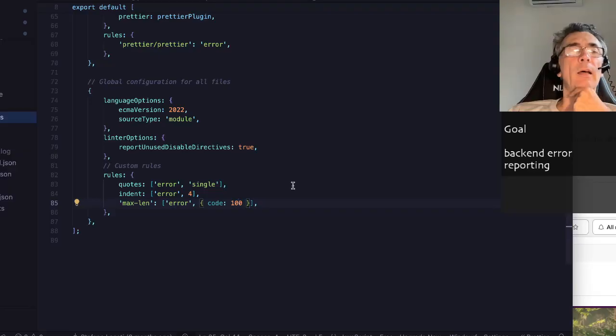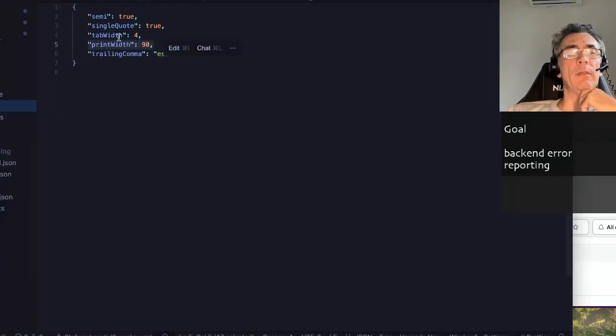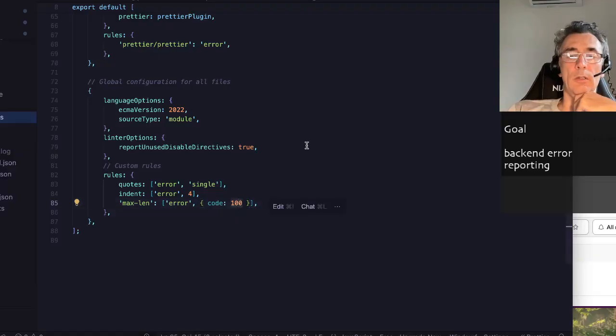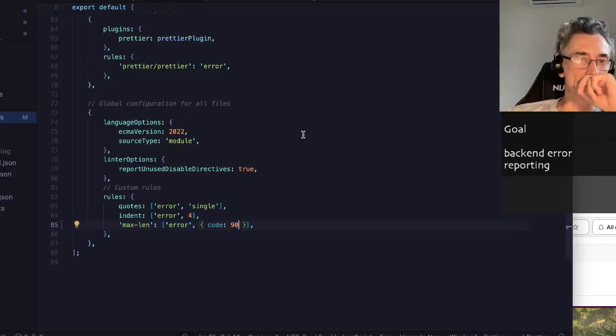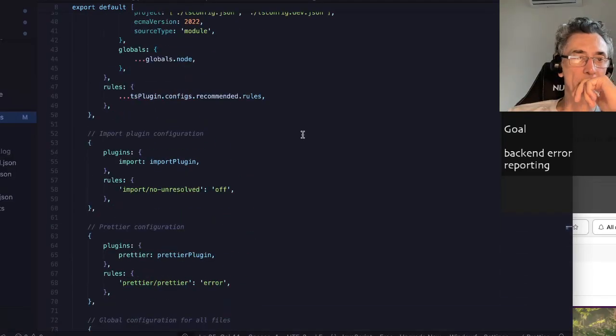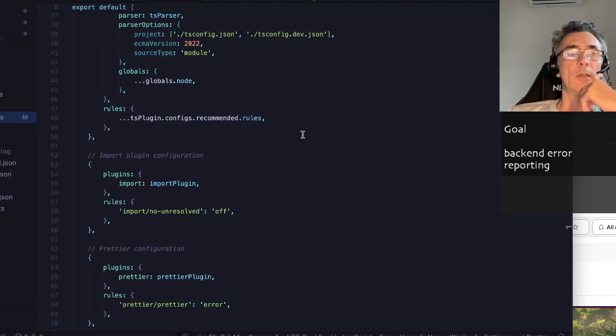Max length, and oh, in another place I put 90. Is it 90 or 100? Because in prettier I put 90. So I think I should keep the same here. This might trigger errors, but that's not what I'm looking for. What I'm looking for is